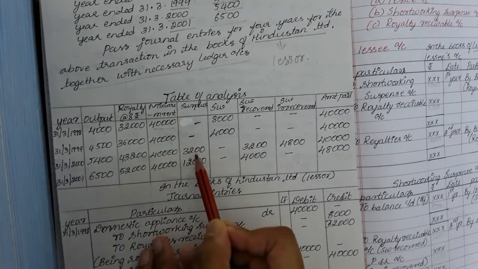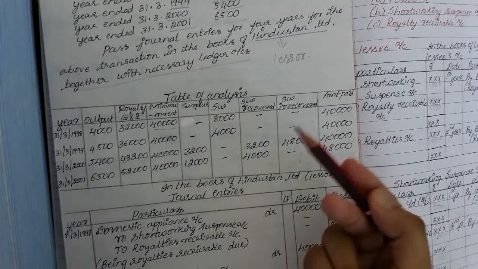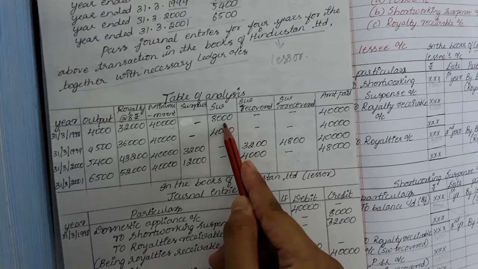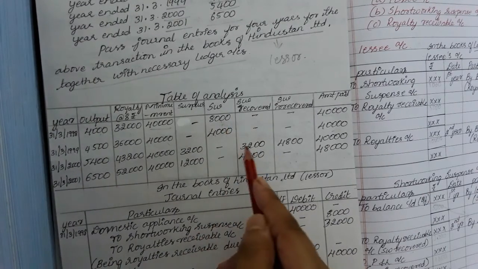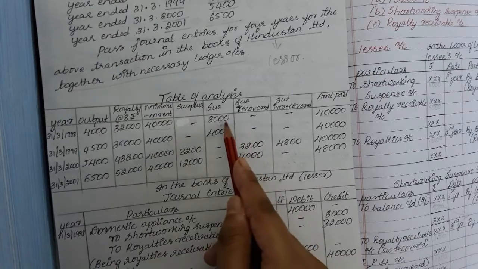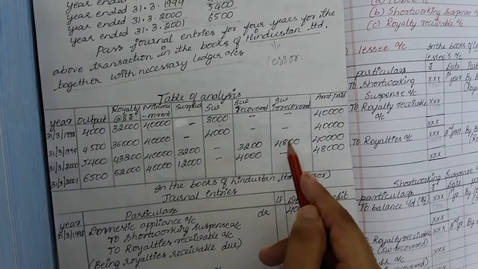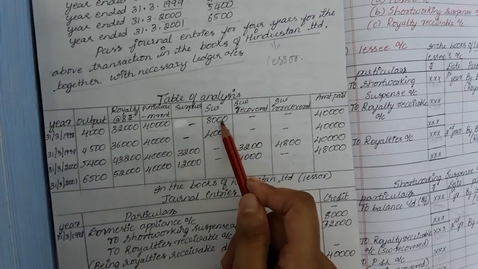When there is a surplus, you need to write off the previous year's short workings. So let's see for the first year short workings. What is the first year short workings? 8,000. So out of 8,000 you will be recovering only 3,200. 8,000 minus 3,200 is 4,800, which is irrecoverable, because the time period for recovering these short workings